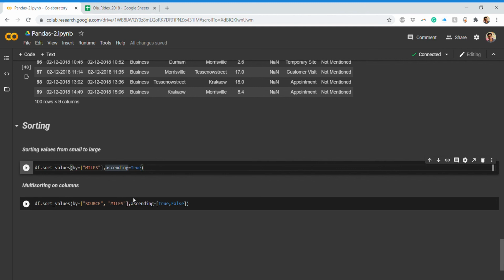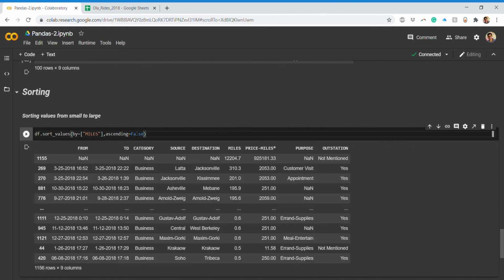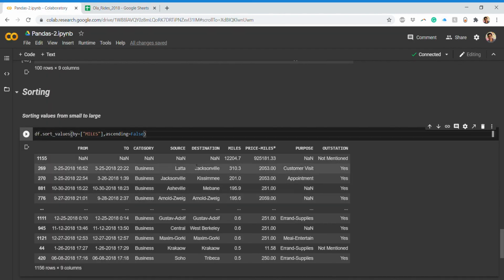Ascending true means it will sort all the values from smallest to largest. If this is false, then it will be from largest to smallest, the reverse. That operation you can do, though this is more or less not done this way, since you can do it manually with Excel operations, but this is how you code it and check.